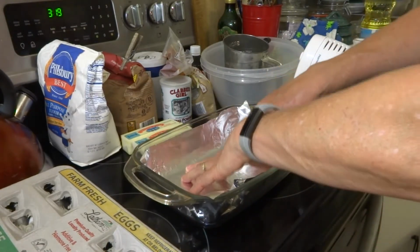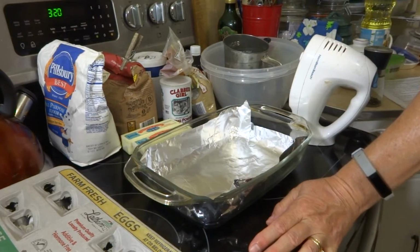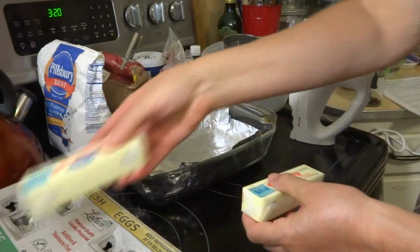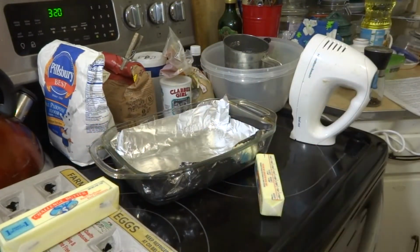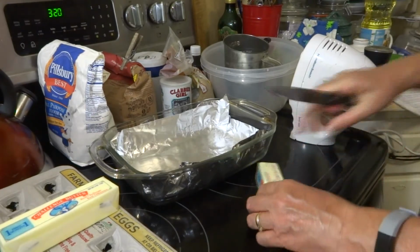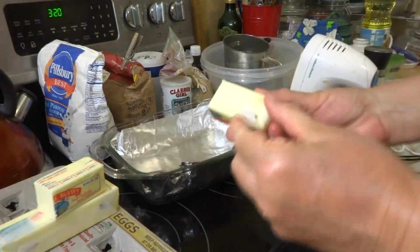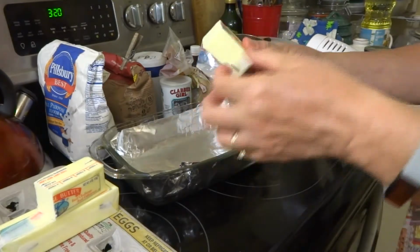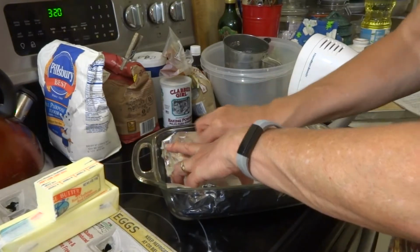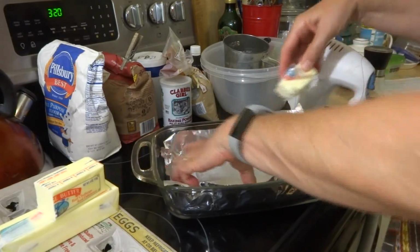And then she says, use plenty of butter. Now, the cookies call for 3/4 of a cup of butter, so I need half a stick more for that. It's supposed to be at room temperature, so I pulled the butter and the eggs out. I'm just going to cut this in half. That'll give me the 3/4 I need for the cookie batter, and this I'll use to butter with. I'm going to keep the wrapper on it and just try to butter this. Ooh. It's good she said use plenty of butter because, man,